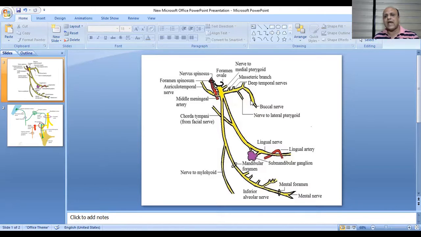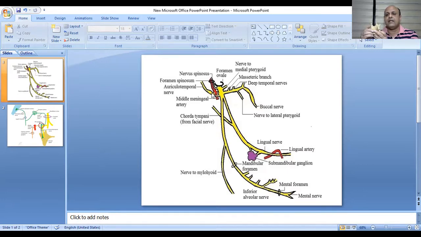So this was about the anterior division of the mandibular nerve. The posterior division of the mandibular nerve gives off the auriculotemporal nerve. It arises by two rootlets which encircle the middle meningeal artery, and then these two roots unite to form the auriculotemporal nerve, and this auriculotemporal nerve lies in relation to the medial aspect of the